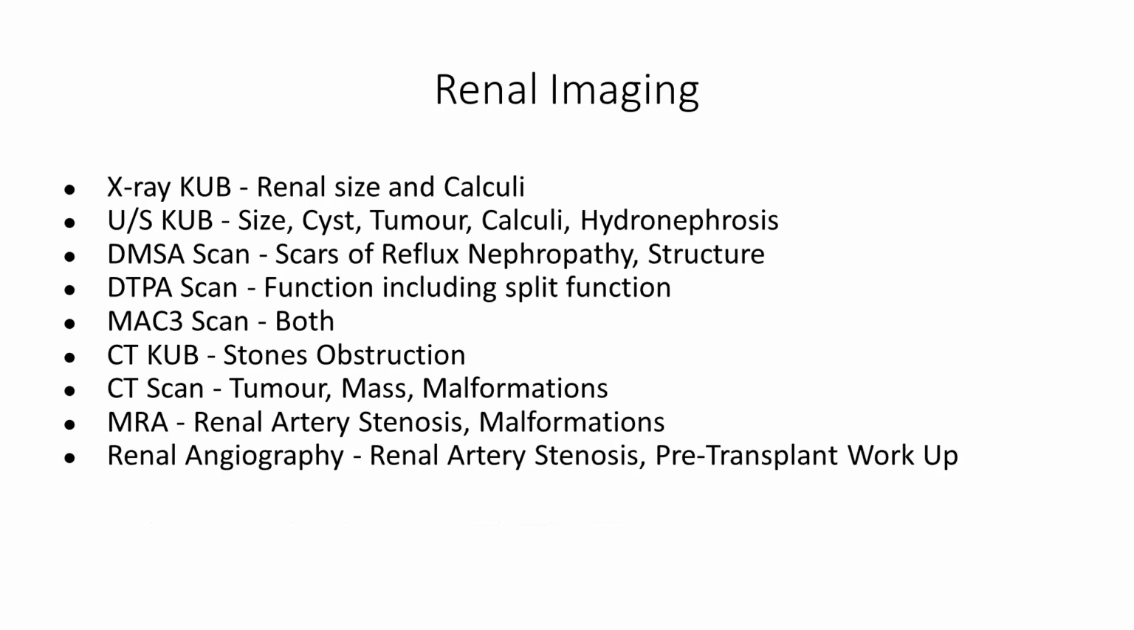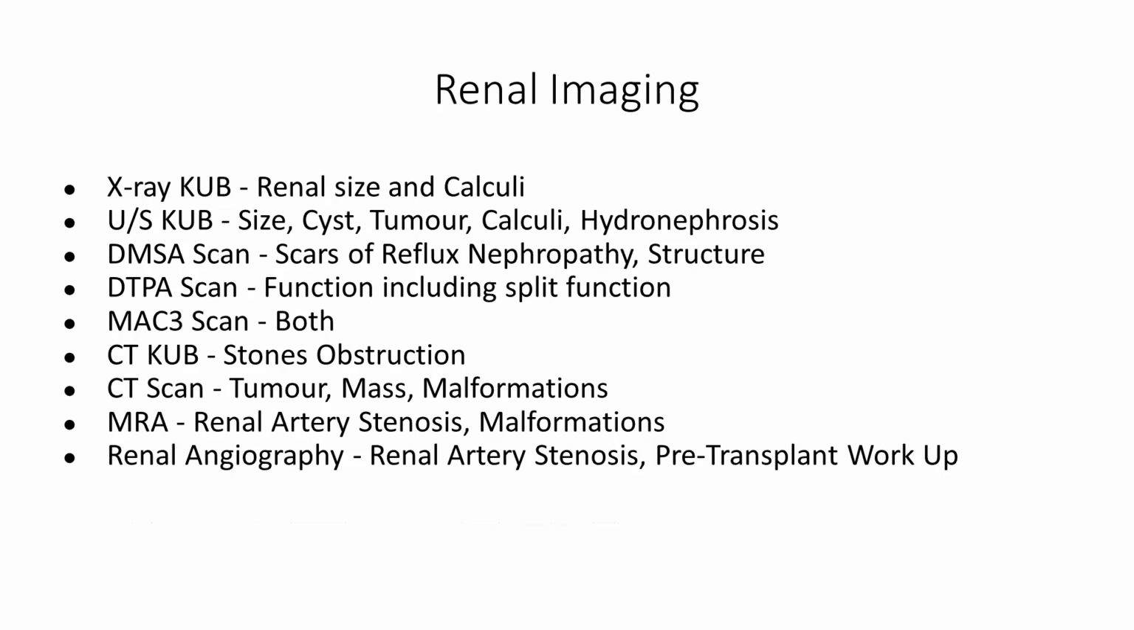Now we come to renal imaging. You can do a renal X-ray KUB. It gives you renal size and calculi. Ultrasound is the gold standard in the diagnosis of kidney diseases. A very important test. Just by looking at the size of the kidney in adult patients, you can make out certain conditions and establish the diagnosis. It gives you an estimate of the size, and whether there are any cysts present in the kidneys,